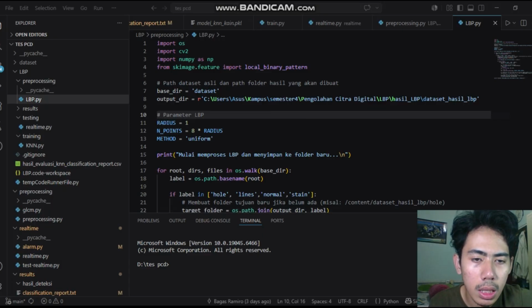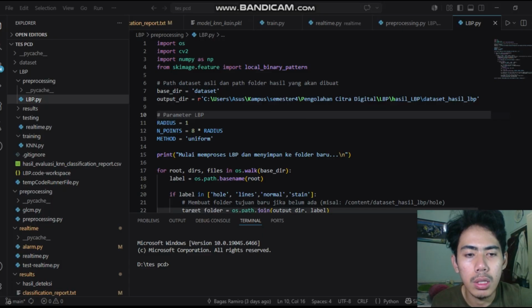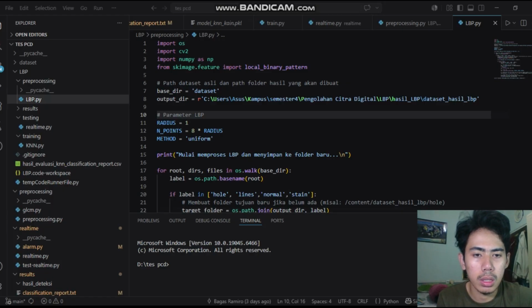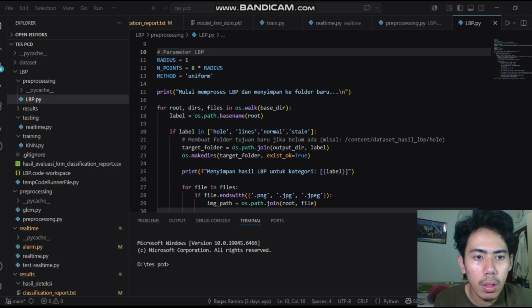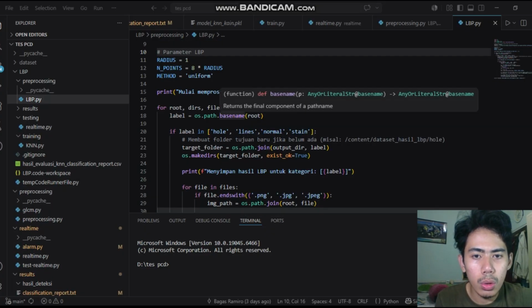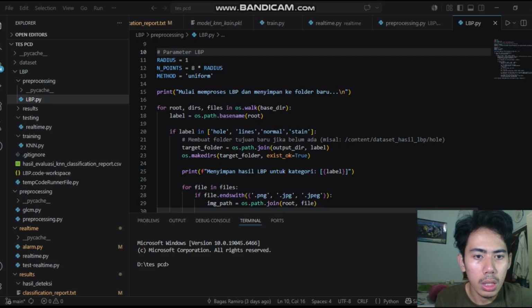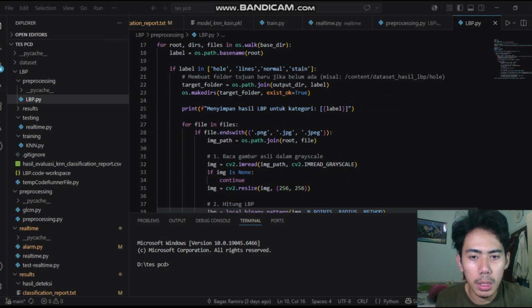In this project, the uniform LBP method is used to simplify texture pattern representation. The program then reads the fabric image from each class using os.walk, and converts it into grayscale and resizes it before the extraction process begins.